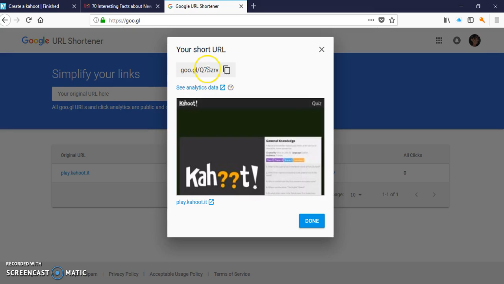And this is more user-friendly, so you can share this in your Moodle or anywhere else where students can access